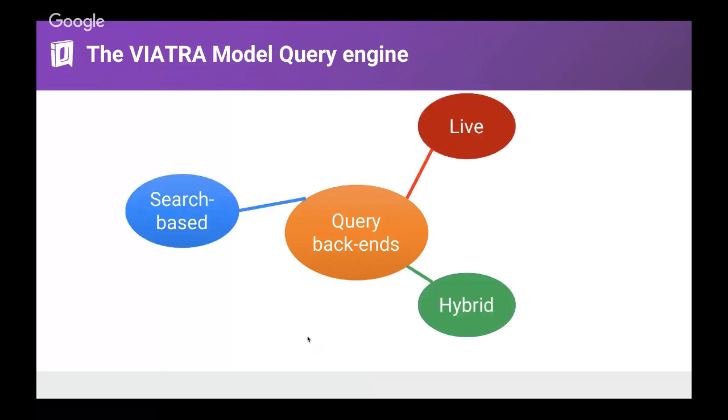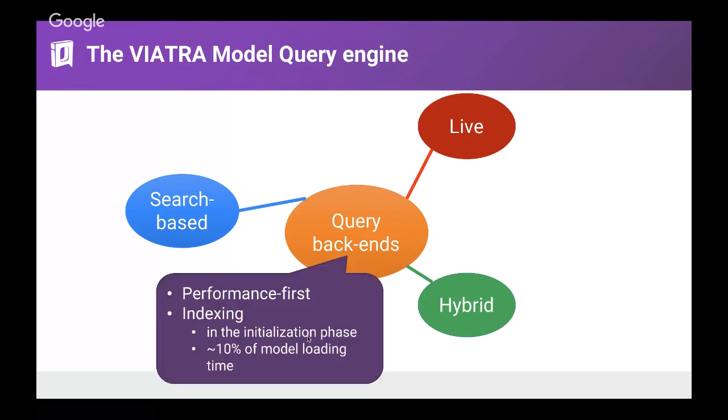VIATRA actually has three major options for running these queries: the search-based engine, the live engine, and the combination of these engines is called the hybrid engine. These are basically corresponding to different, let's say, optimization sweet spots, which are very useful, especially when designing highly scalable